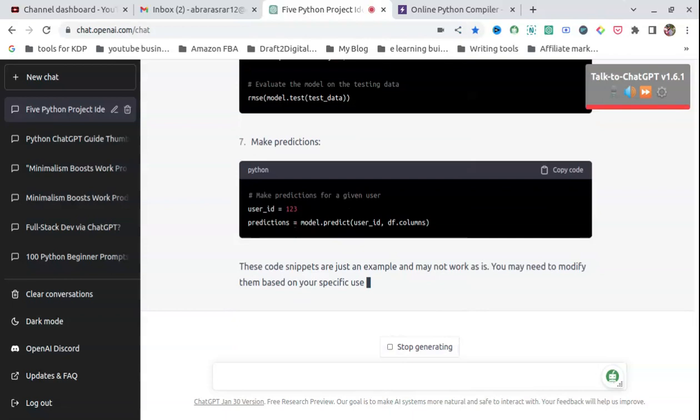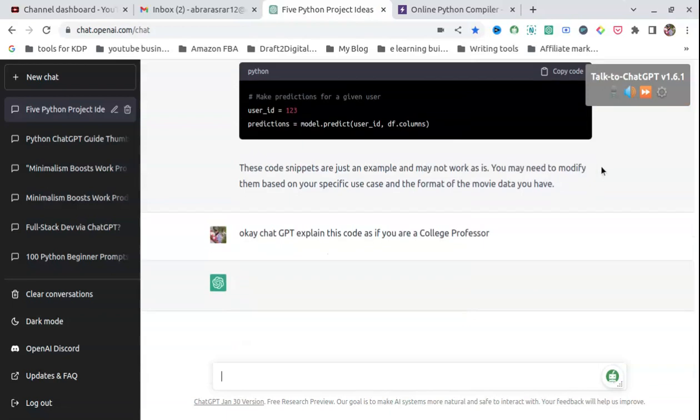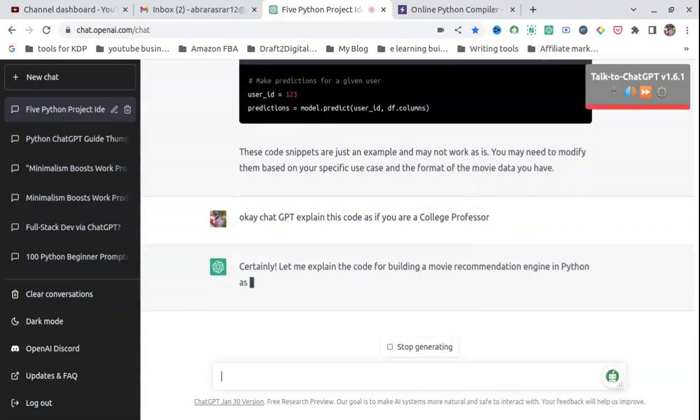Okay, ChatGPT, explain this code as if you are a college professor. So instead of being a repetitive one, it will explain in a very organized way.